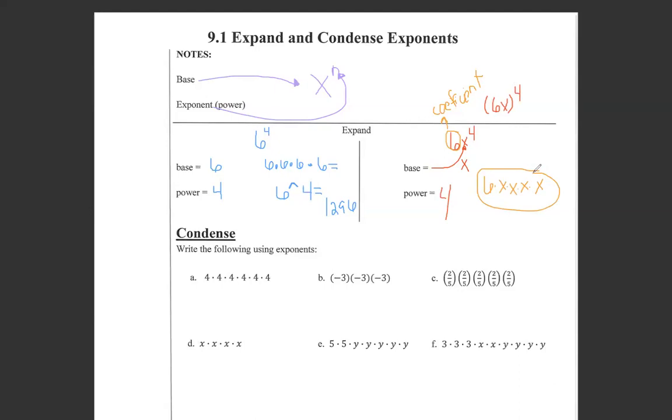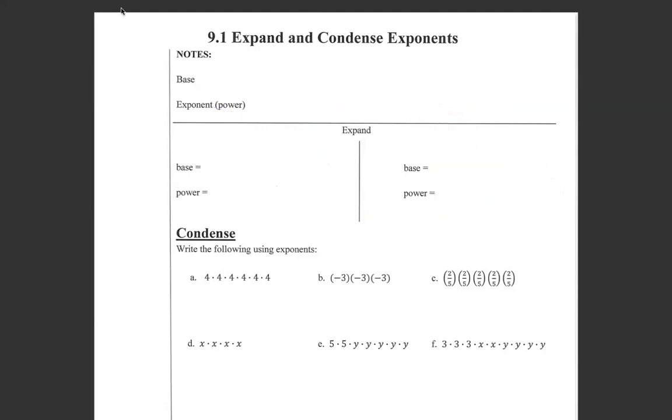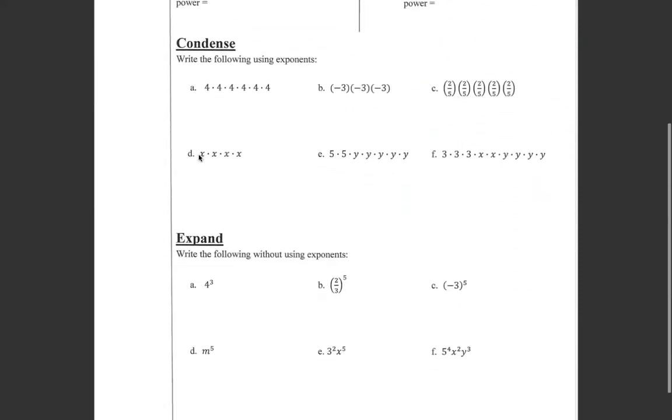So the rest of this page here is just you practicing going back and forth between condensing and expanding. So I'm just going to do 2 in each section, and then you're going to be responsible to finish the rest. Let me clear this out. Scroll up. All right, I'm just going to do 2 from each section. So let's try,